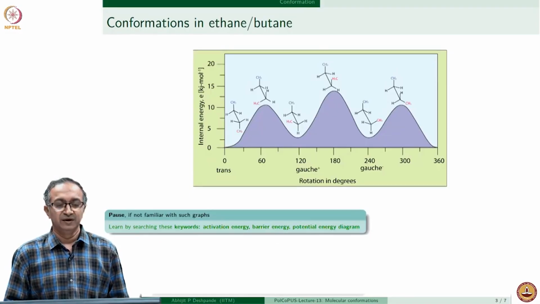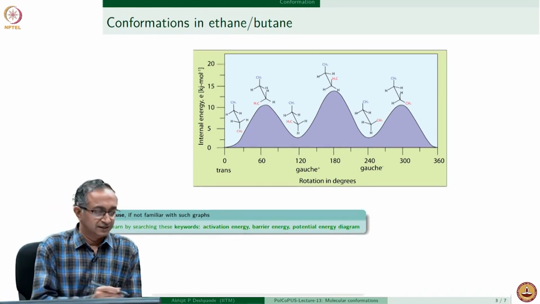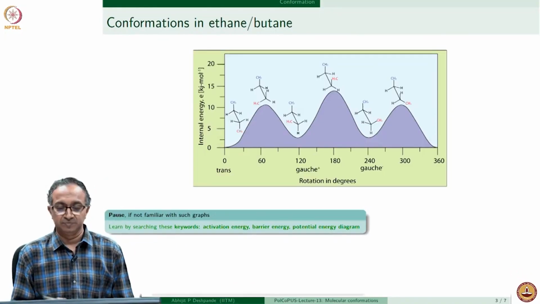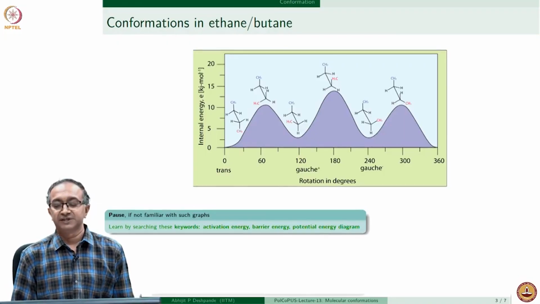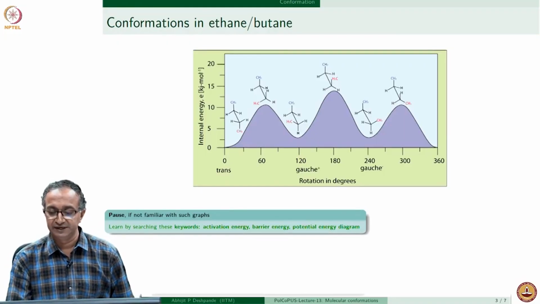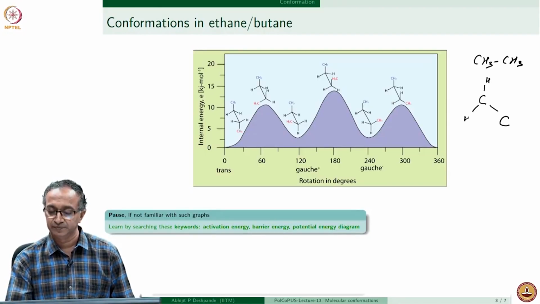So, here even simple molecules like ethane and butane have conformations, and what we mean by that is just the position of different atoms which are there. So, if I were to draw ethane, which is nothing but CH3, CH3, and so when I say the positions of different atoms, what we mean is there is one carbon atom and another carbon atom, and on each of these I have 3